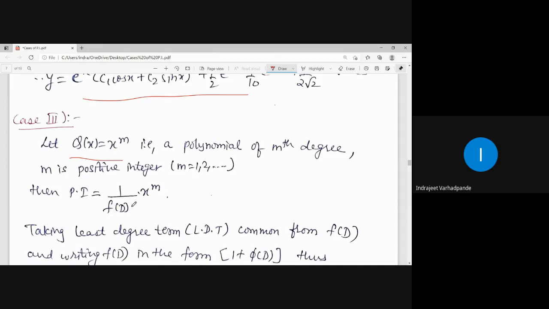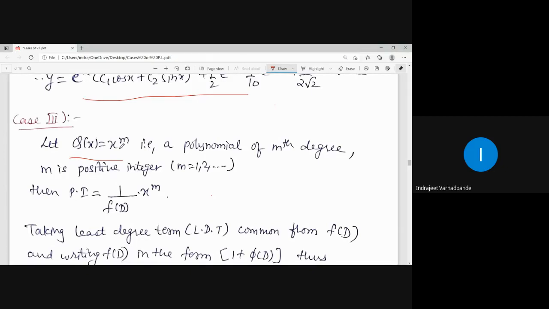So now after case number 1, which tells us that the RHS of the given differential equation is e to the power ax, case number 2 tells us that the RHS of the given differential equation is either sin ax or cos ax. We now move on to case number 3. Case number 3 says that the LHS is given in the differential operator form. The RHS of the given differential equation is written as Q of x.